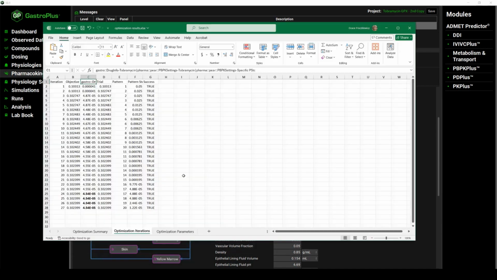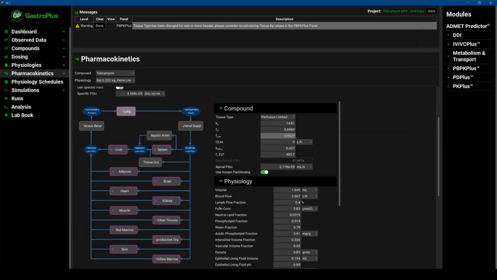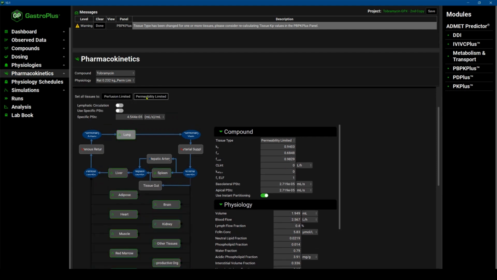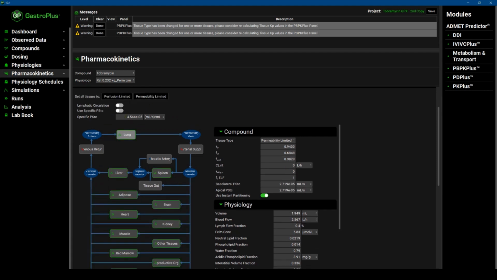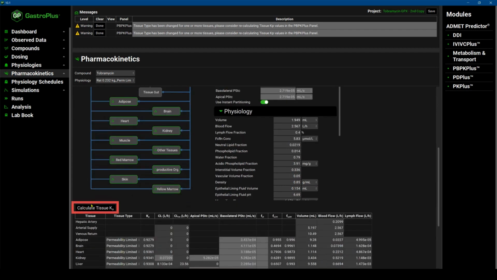I have optimized this parameter starting with some guessed value, and the final iteration gave us this 4.54 times e to minus 5. So that's why you see this value here. So now I will switch to permeability limited tissue model, and will click here to use specific PSTC. I'm telling the software to use this optimized number. Also, I will